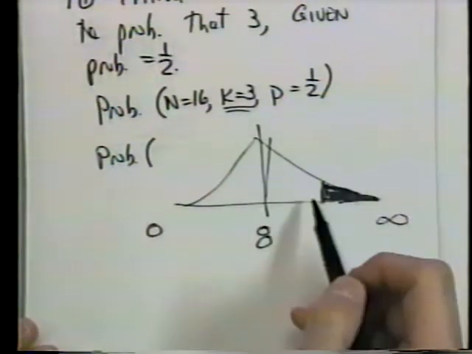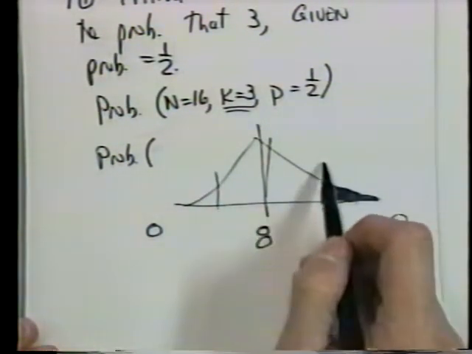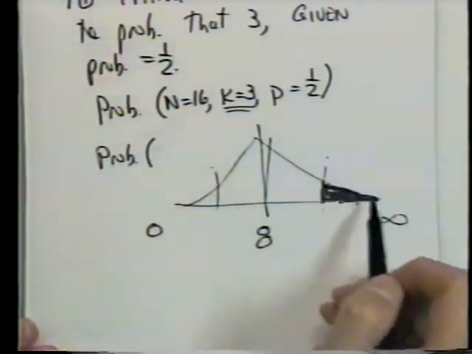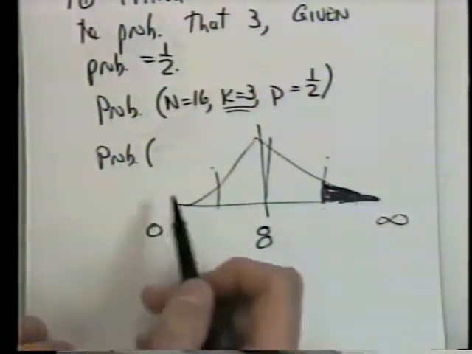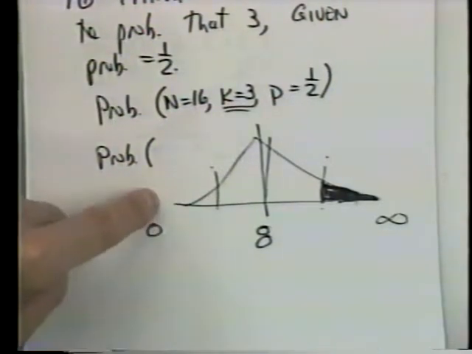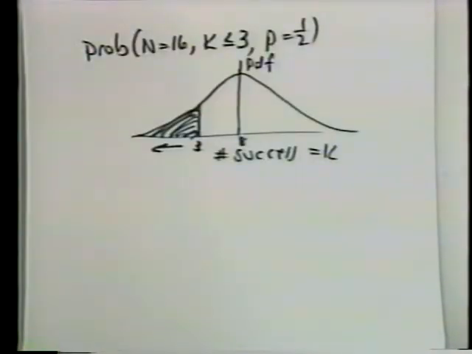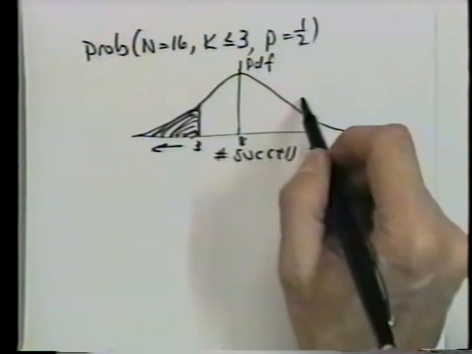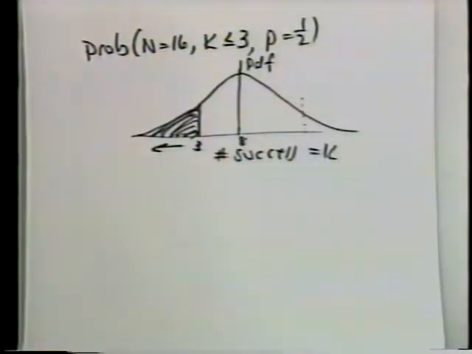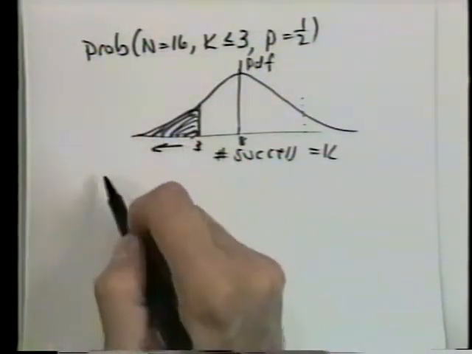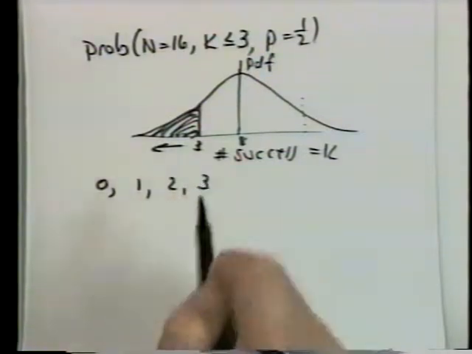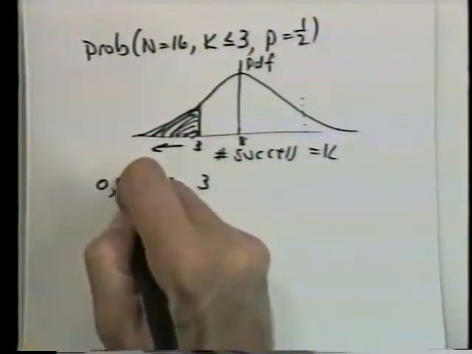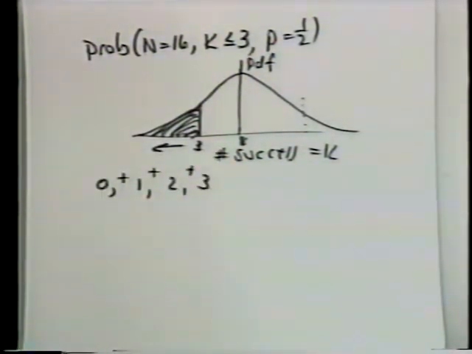They are, of course, mirror symmetric, and if we picked the point that was equivalent over here, we would get the same answer for the area. But formally, from the way I'm setting it up, we should really pick the tail that we're interested in. And we're interested in a one-tail distribution here. We could also ask for the probability of both of them. But we're just really asking what's the probability of getting 0 successes, 1, 2, or 3. So what we need to do is add up the probabilities of each of these together.